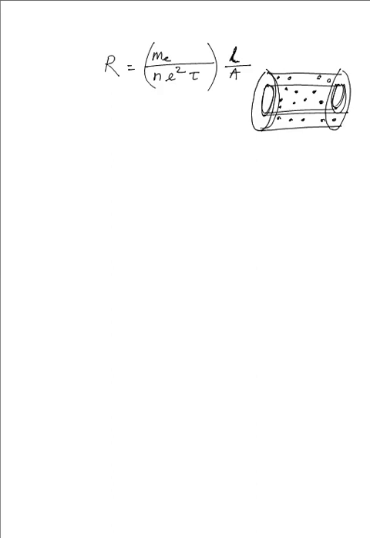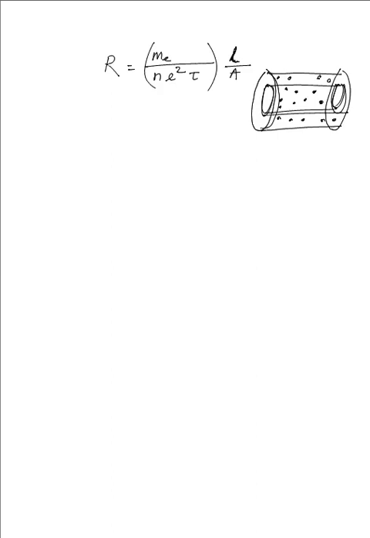Now if I am to increase the area of the segment or the wire that is conducting the current, as the area of cross section increases, the electrons get a greater area. In that case, we can say that the resistance will obviously decrease,